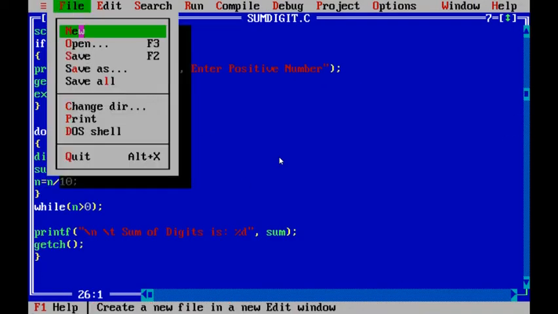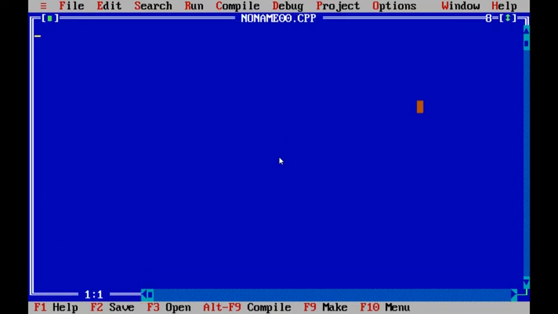Click on File menu, New, type the program. #include <stdio.h>, int main, int i = 1, I value initialized as 1, number = 0, number value is initialized to 0.